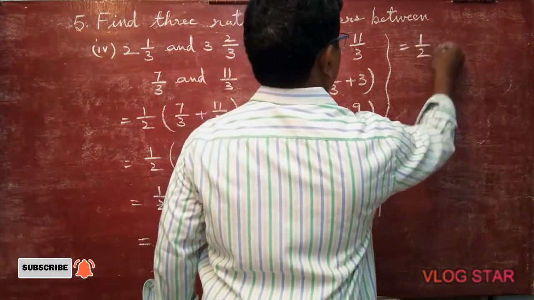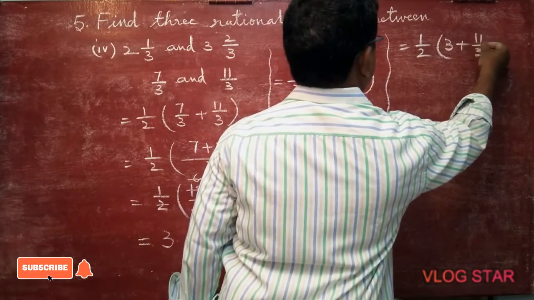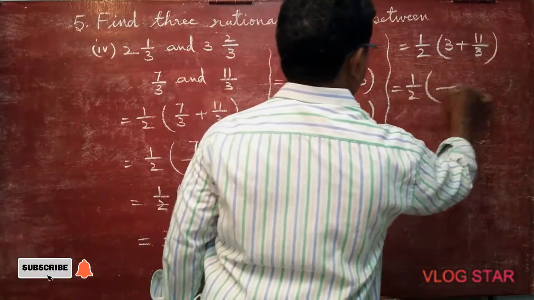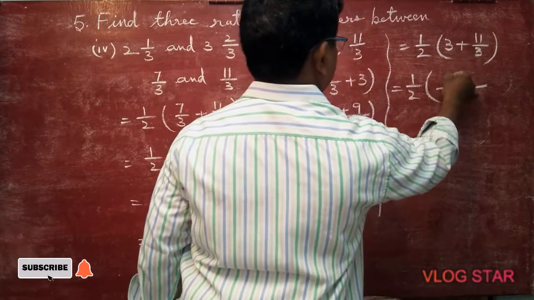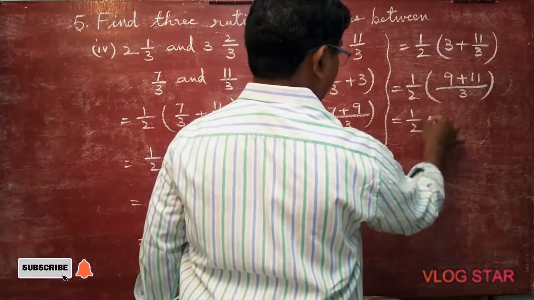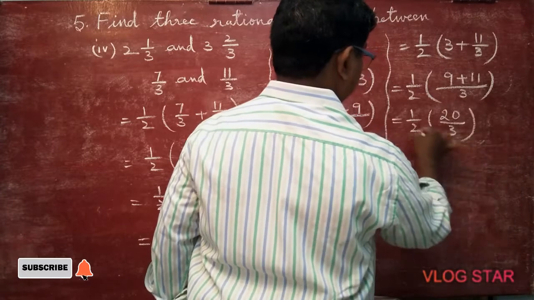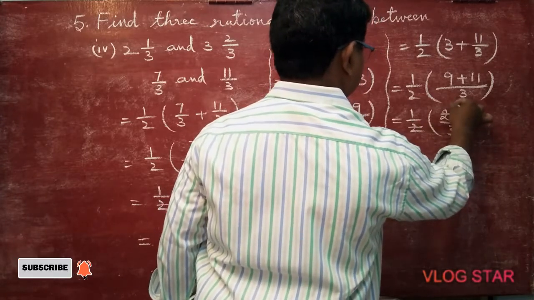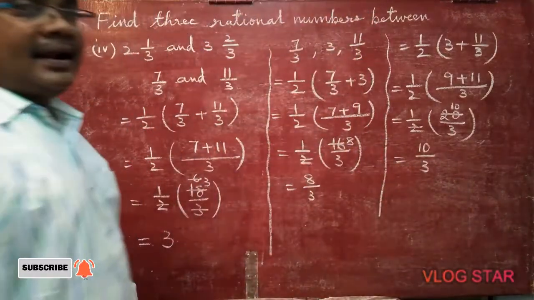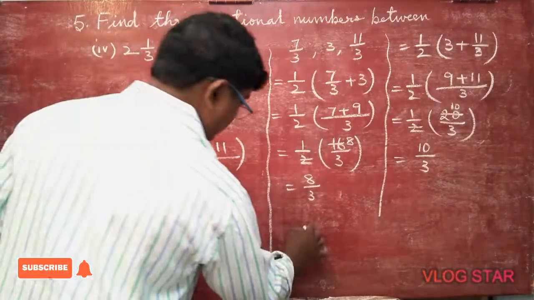Half of 3 plus 11 by 3. That is equal to half of, 3 will be the LCM. 3 threes are 9 plus 11. That is equal to half of 9 plus 11 is 20 by 3. 2 goes 10 times. So 10 by 3. Now while writing in order, you have to write first 7 by 3, after this one will come. So therefore